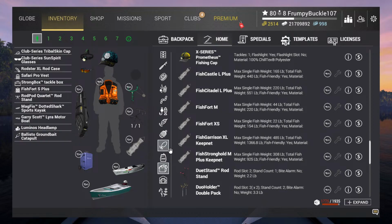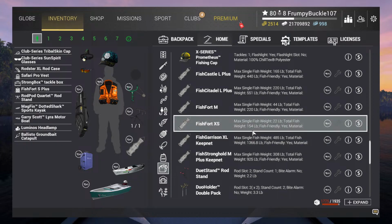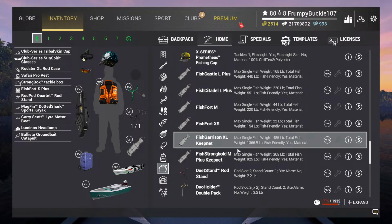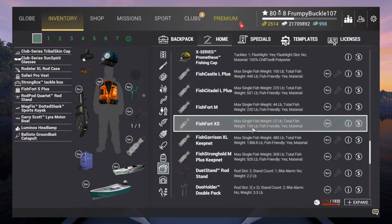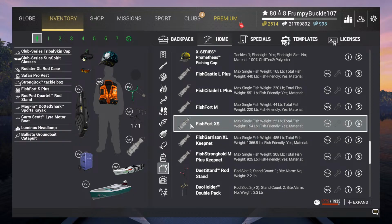Like on this Ghent Tenusen, I went back and looked at my journal. The biggest day I ever had on there was 150 pounds of fish. 150 pounds, that's ever. So I'm going to switch this one out because even though this is a small net, I can get a smaller one that costs me less to repair that will be perfectly fine for this fishing trip. 22 pound, here it is, 22 by 150. What happened to my, come on game, there you go. 22 by